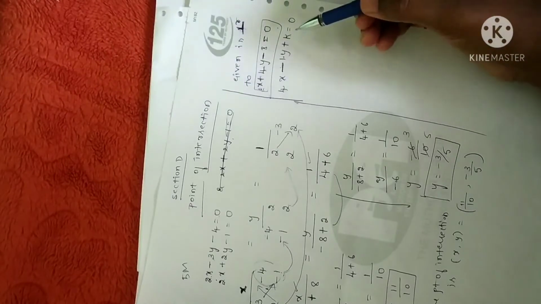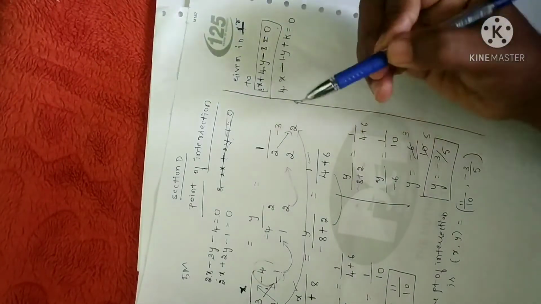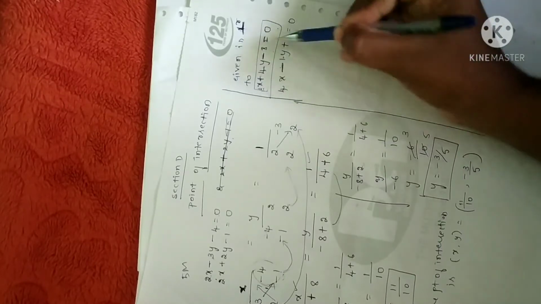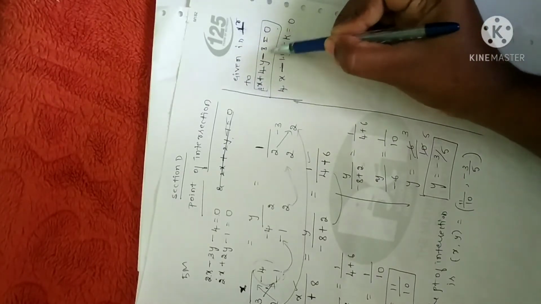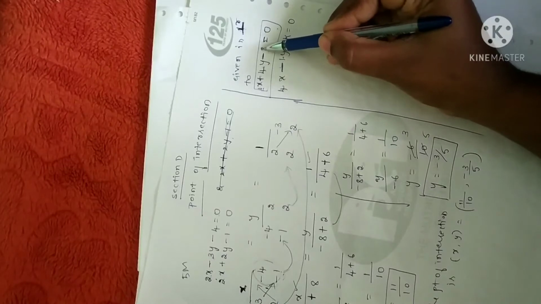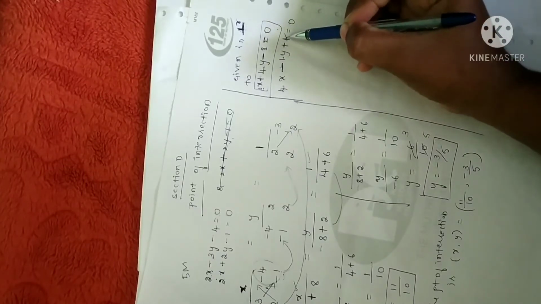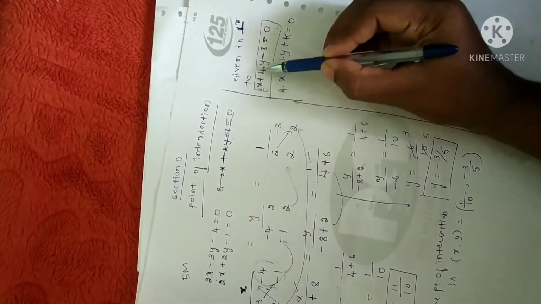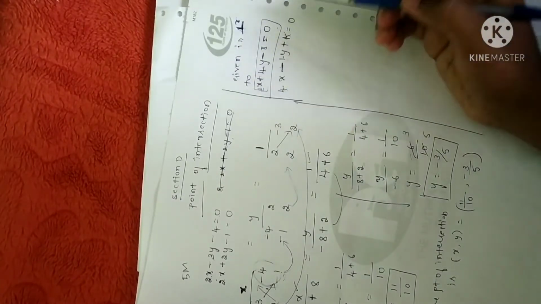Or else, in simple terms, I can say: first, whatever the sign is there, you just change it. When you have plus, make it minus; when you have minus, make it plus. Remove the numerical constant and take that as k. And then exchange the coefficients of x and y. That is what I have done.